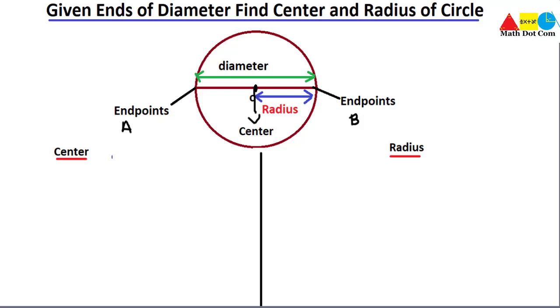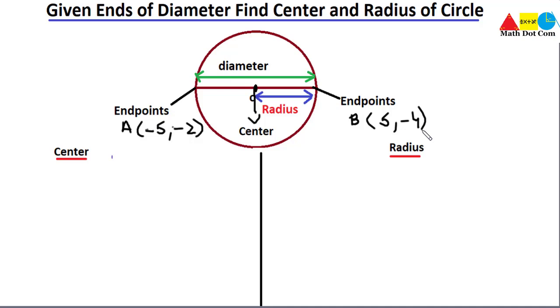Here we have drawn the circle already, where the green line indicates the diameter, the blue line the radius, and the endpoints are labeled as well. So we have the endpoints A and B. What are the coordinates, that is, the x and y values of A and B? Let's write it by taking an example. A has the coordinates -5 and -2 and B has the coordinates 5 and -4. It's just an example. Now these are the two coordinates of the endpoints of the diameter.